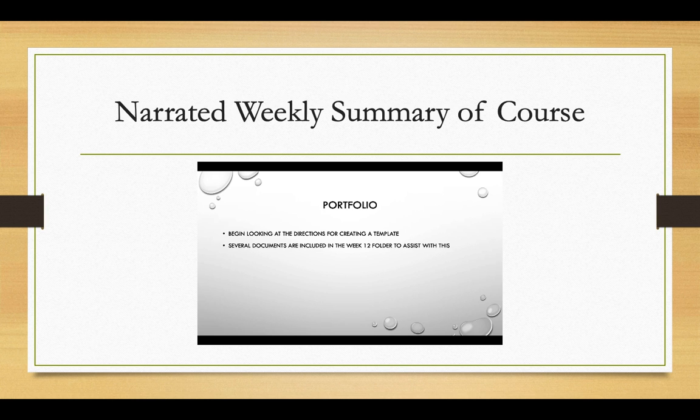For the portfolio, you want to begin looking at the directions for creating a template. There are several documents included in the Week 12 folder, a lot of stuff to assist you with that. There's a video, there's a step-by-step direction page. So that's something you want to start looking at. Maybe start getting the template ready, and then as you revise your essays and get them finalized, you can drop them into the portfolio. And looking ahead, next week the reflection paper is due by 5 o'clock on Friday, April